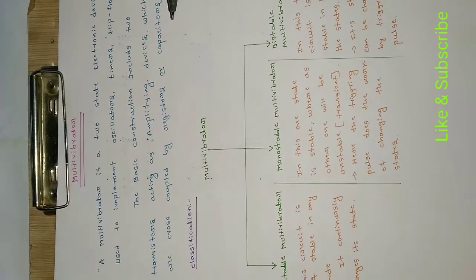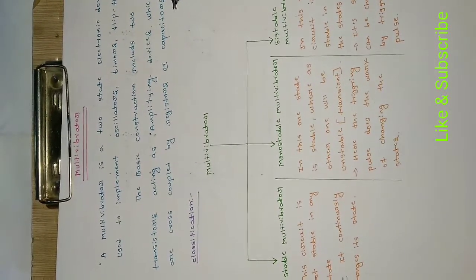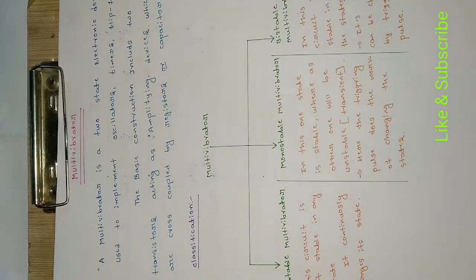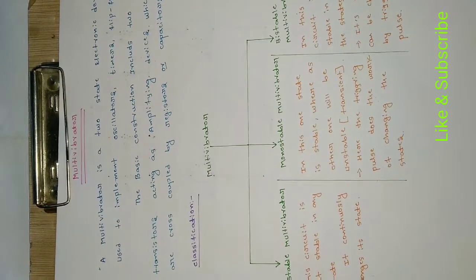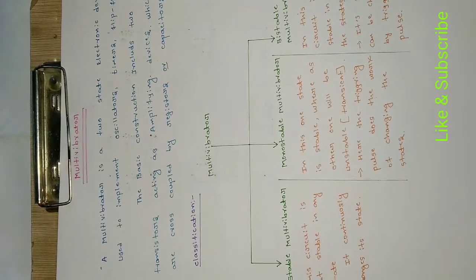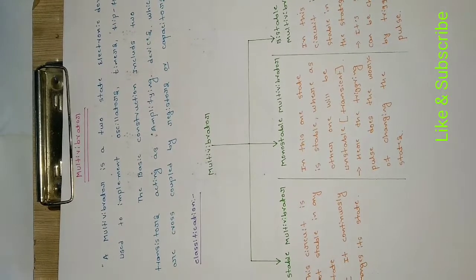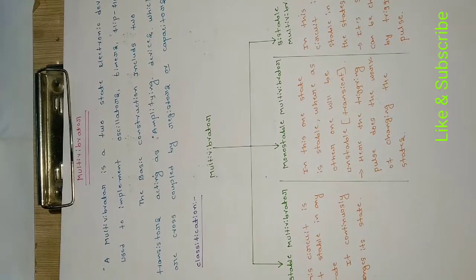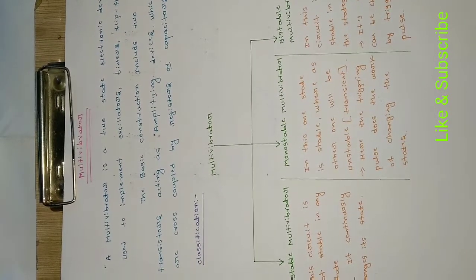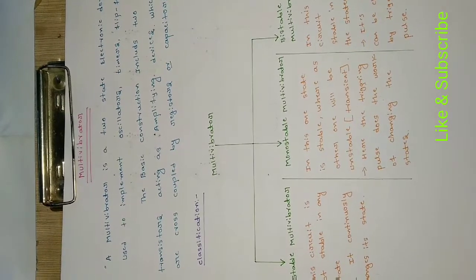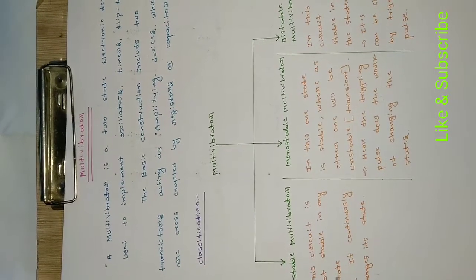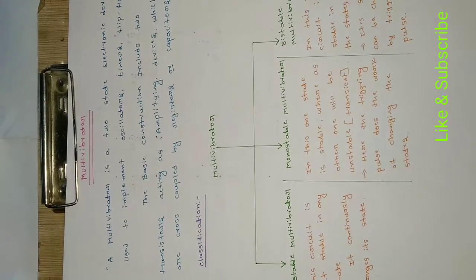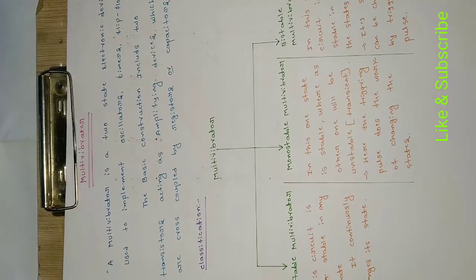Basically, multivibrators work on the Barkhausen criteria, that is the loop gain of the control system should be slightly greater than unity so that the oscillations will be created. If the loop gain is less than unity, then the circuit decays and no oscillations will be created. But if the loop gain is very much greater than unity, then the circuit will get overdriven and the output is not suitable for use. So it should be only slightly greater than unity in order to get sustained oscillations.